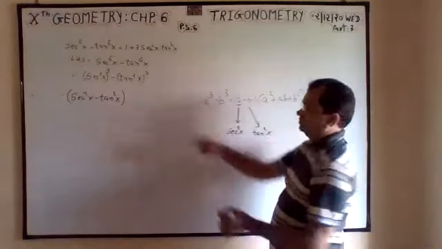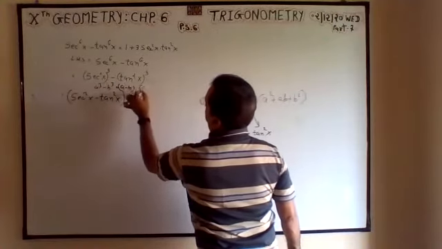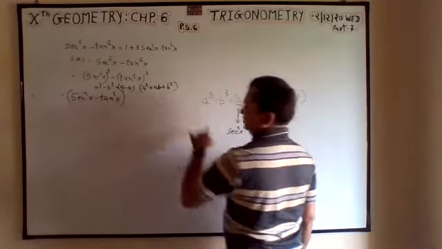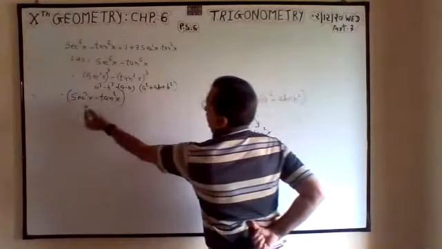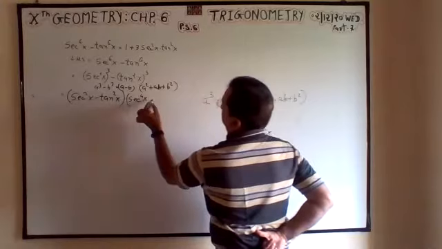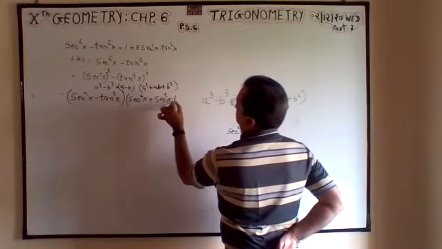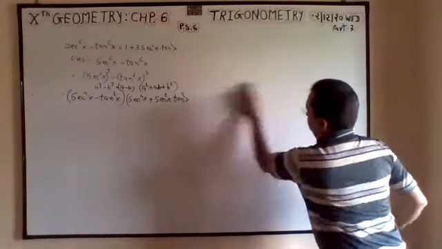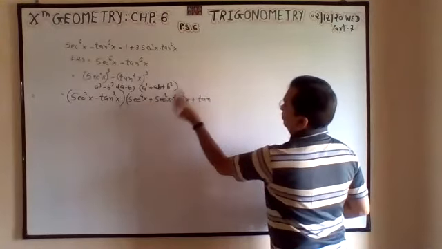A minus b completed. Or here you can write, a cube minus b cube is equal to a minus b, a square plus ab plus b square. If it is minus, then minus and all plus. If it is plus, then plus and here minus. There are two different forms. So a written, b written. Now a square, square of this: sec raised to 4x, plus sec square x tan square x, then plus tan square of square.